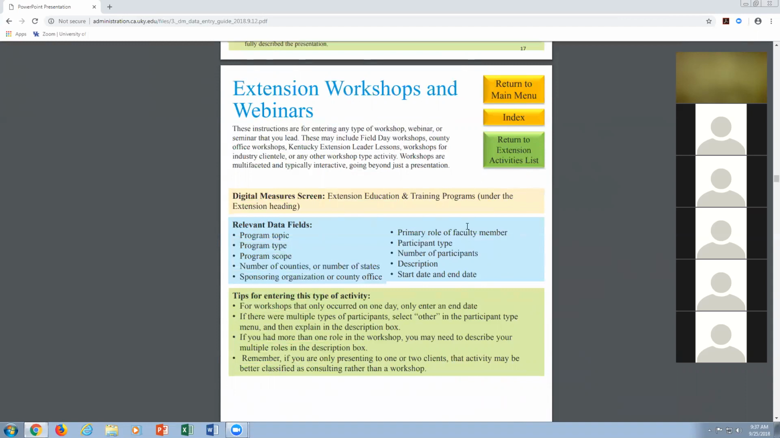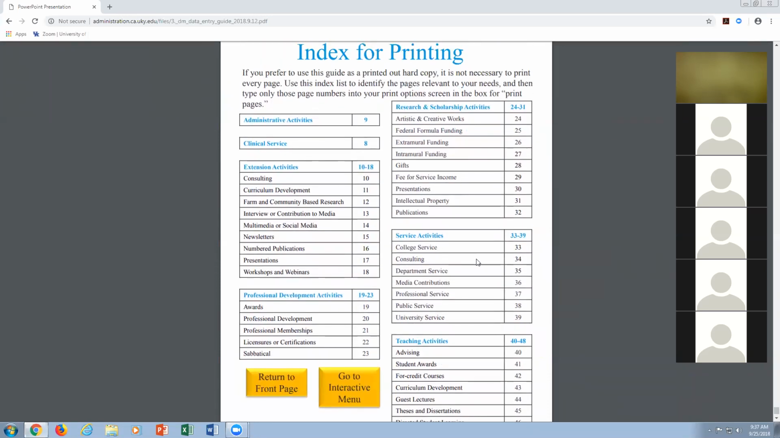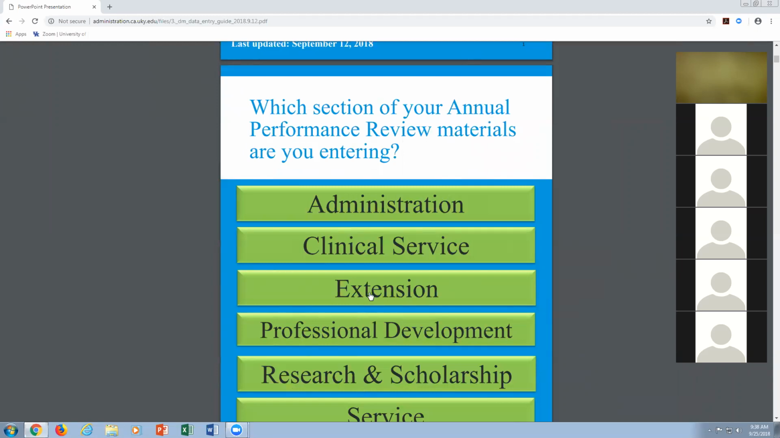If you would prefer to use this data entry guide as a printed out paper document, you can do that too. I did create an index. So if you go to the index, which is the last page, you can print just the pages that are relevant to you, and so that way you don't have to waste paper and print the whole 49-page document. So for instance, you could set your computer just to print pages 10 through 18 if you only wanted the extension activities. So I'm going to go back to the interactive menu